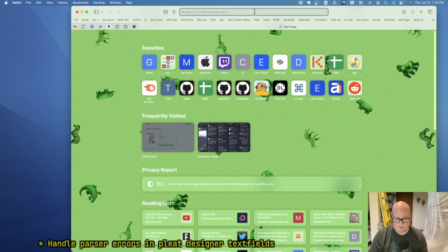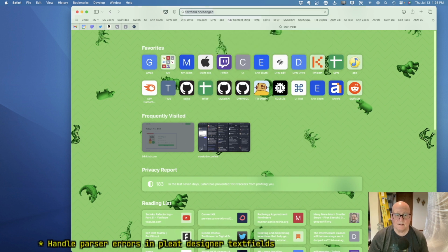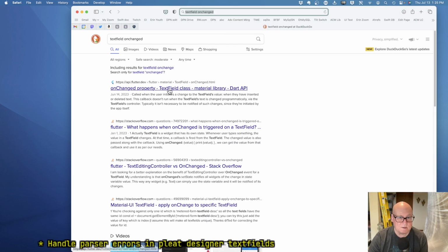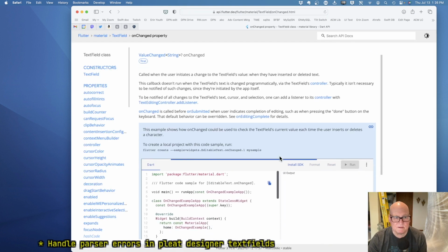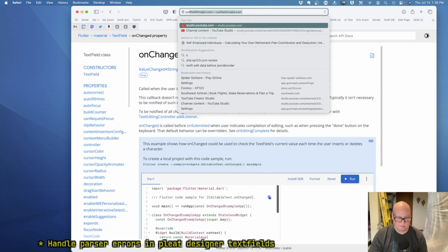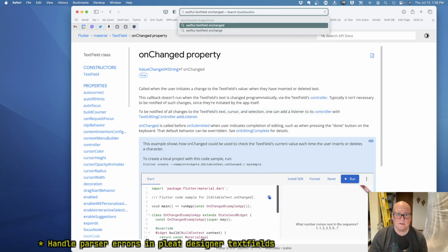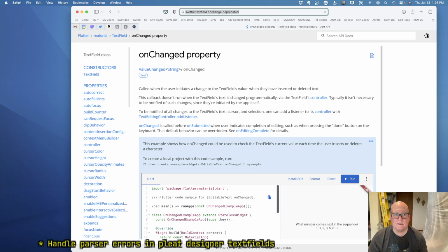So the deal was text field on changed is no longer active. We're supposed to do something else. Okay. SwiftUI text field on change deprecated.